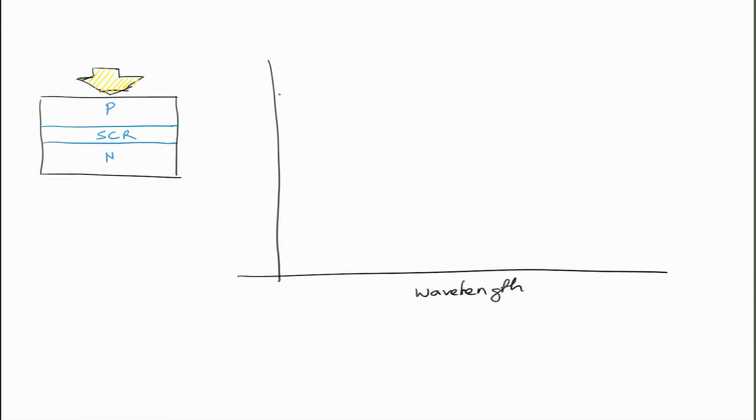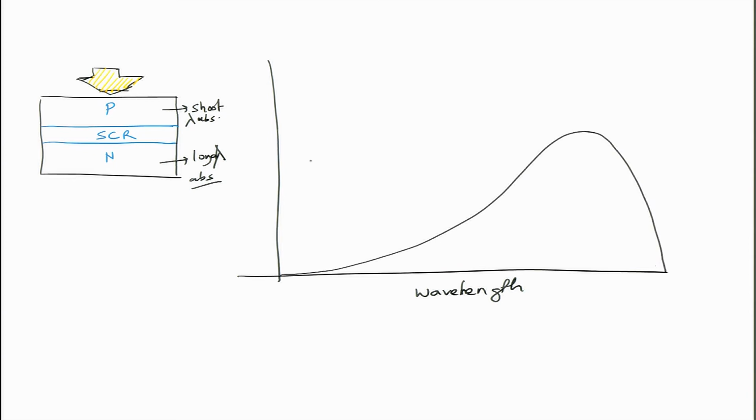then you are basically in the P layer, so you will see that your shorter wavelengths are going to be absorbed in this region. So, in this region you will have short lambda absorption, and in this layer you will have long lambda absorption. So, you will see that the quantum efficiency for the bottom layer is high in this region, the top layer contributes somewhere here, something like that, and the space charge region will contribute somewhere in between.